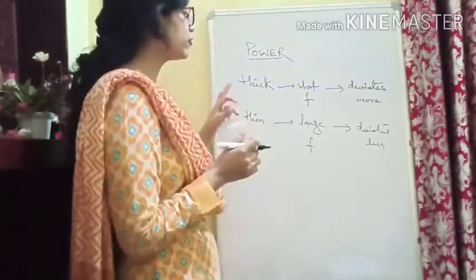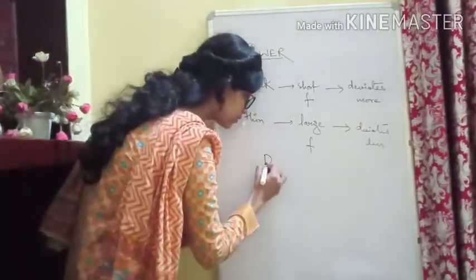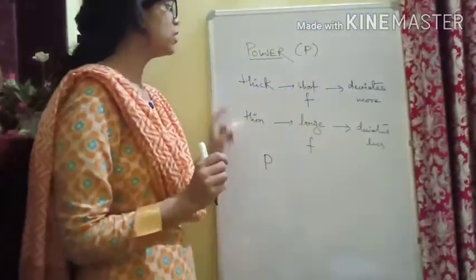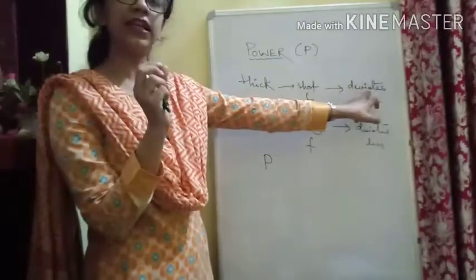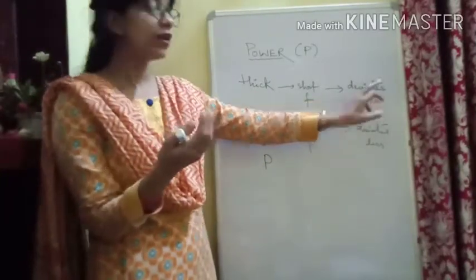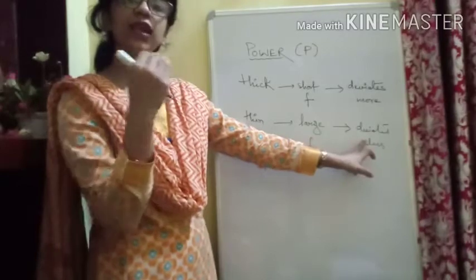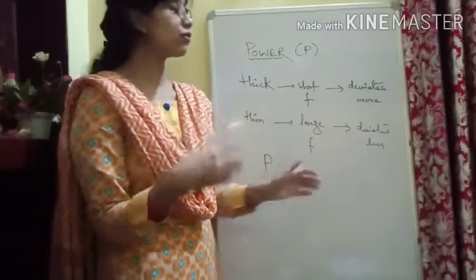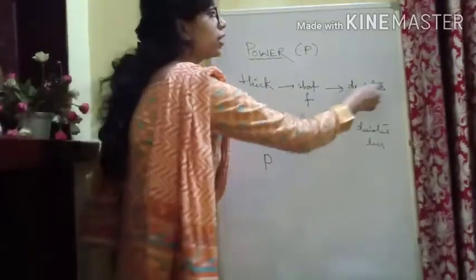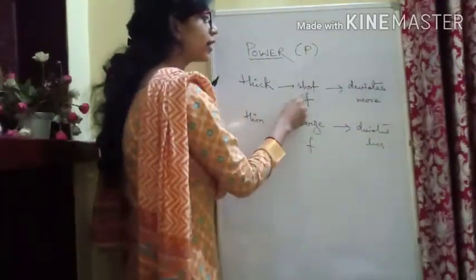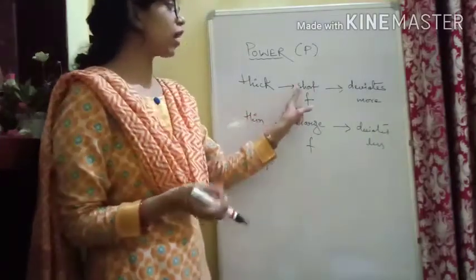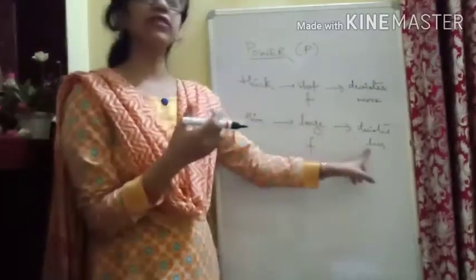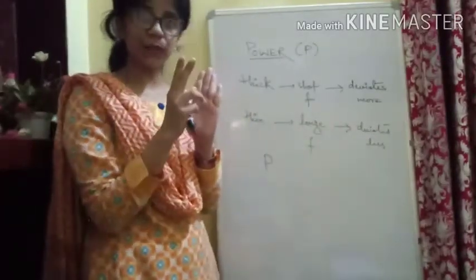And second is the power of a lens, which is denoted by P. Now you see the power depends on whether the lens is deviating more, it will have more power. If the lens is deviating less, it will have less power. Bending of light is more, so more power. You see the power depends on the focal length, it is inversely proportional. If you have a short focal length, it will deviate more. If you have a large focal length, it will deviate less. So aren't they inversely proportional to each other?